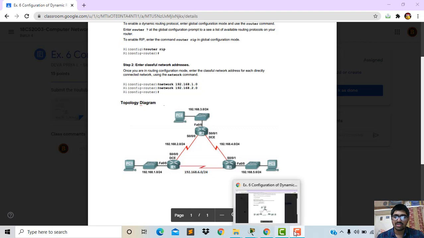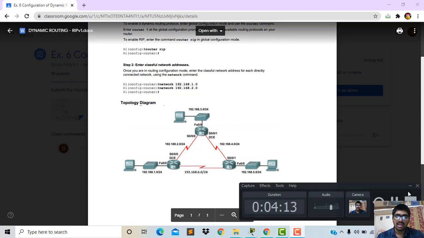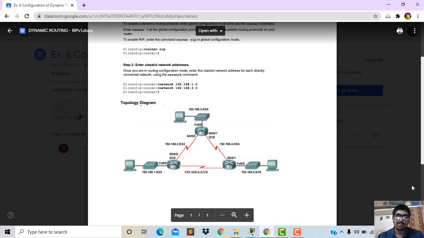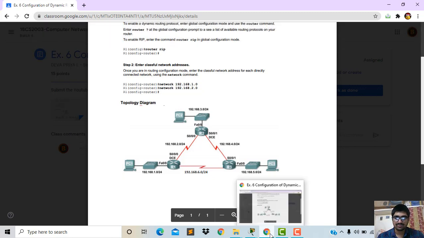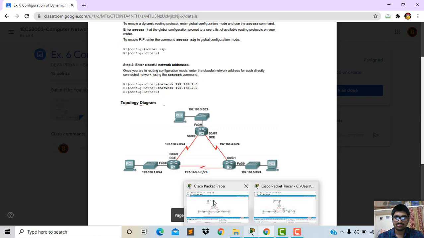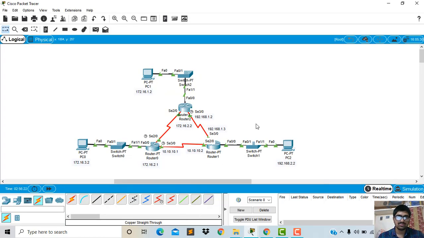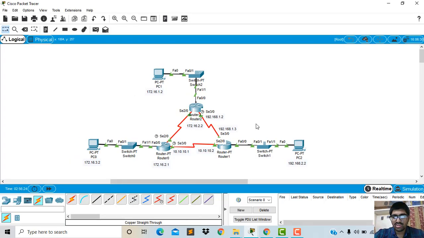Now we will perform dynamic routing in Cisco Packet Tracer, how the packet will be sent in different networks of LANs. Now here we have three LANs and three WANs.